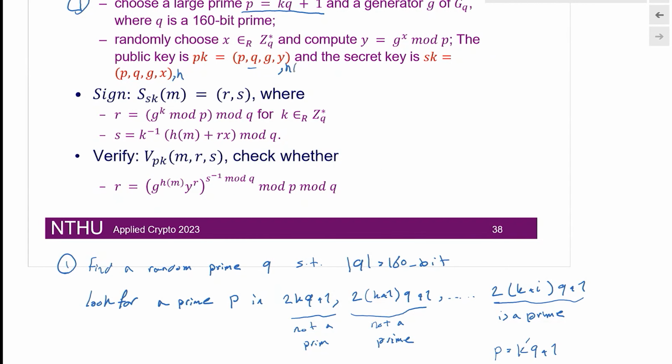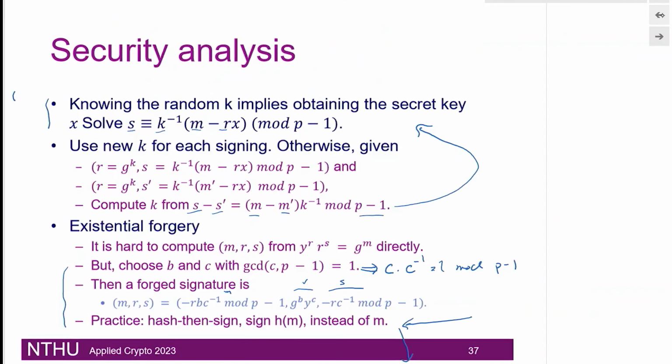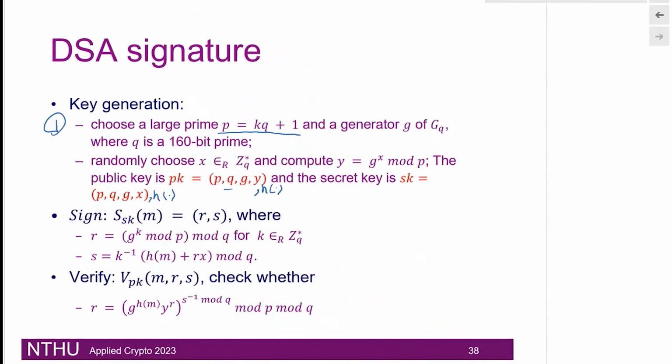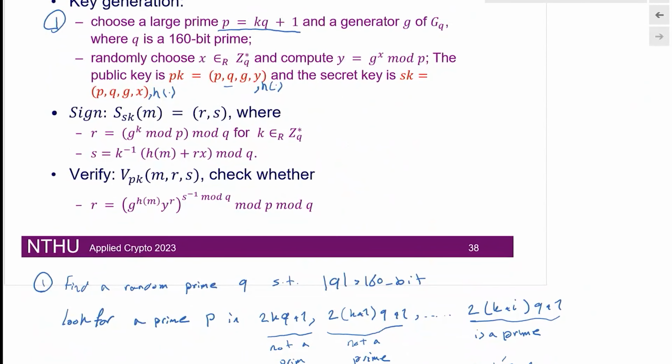The hash function should be concrete. So the way that the S is computed is we find the inverse of K again, mod Q, and then we plug in the hash function, we compute the hash of M plus Rx. Remember, in the previous algorithm, it was like minus Rx, right? So now we have the hash of M and then plus Rx. So those are the two main changes that we see comparing to